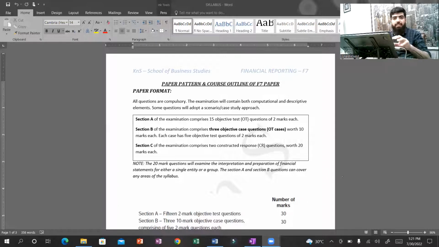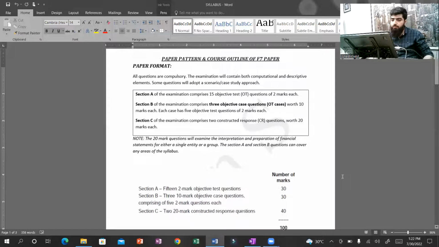Once you are very good at your typing, inshallah, you will not face any difficulties while preparing or while putting all your answers in the Excel file or the Word file. Inshallah, you will not face any problem. So that was the paper pattern, and definitely you can see on your screen the paper pattern of F7,